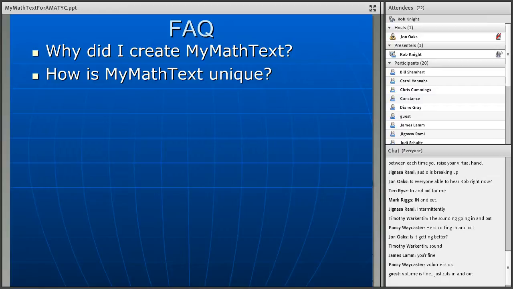MyMath Text is completely unique from other learning management systems and collaborative authoring tools. First of all, MyMath Text itself is not an OER. It is a platform by which OER can be presented. So unlike Moodle, which I also have tried and find very cumbersome and don't really appreciate it,